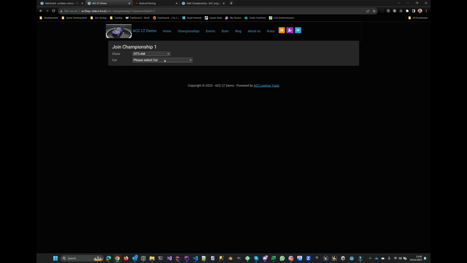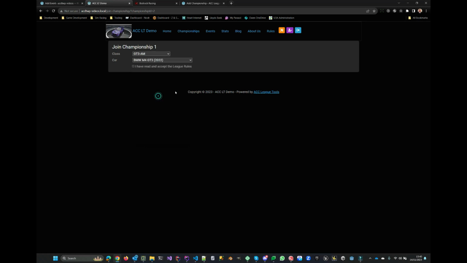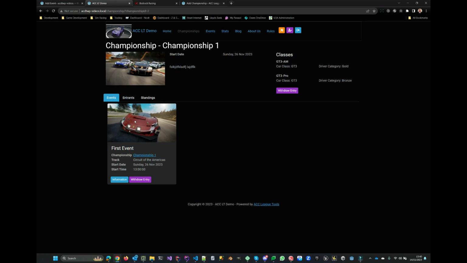Then, because we've chosen a class here, you then have to choose the car that you're going to run. I'm going to run that one. And this is where the rules come in. So if you've defined rules at the league level, at the championship level, and the event level, you'll get 3 of these checkboxes that you have to accept. Once you've accepted those, you click on join, and then you can join the event, and it takes you to